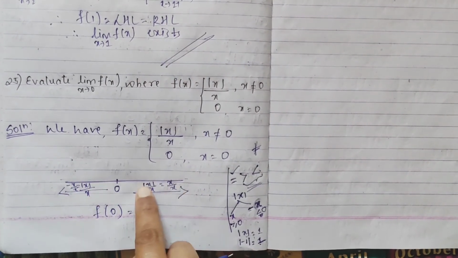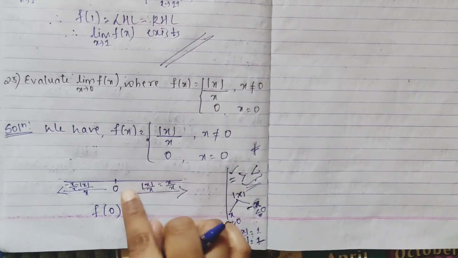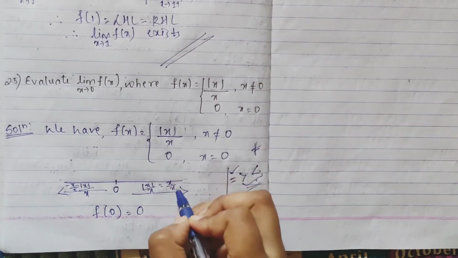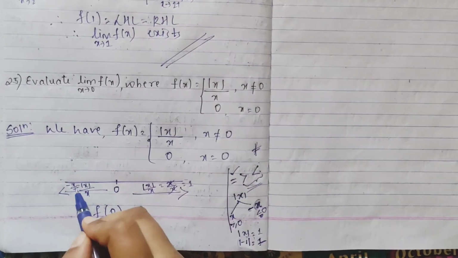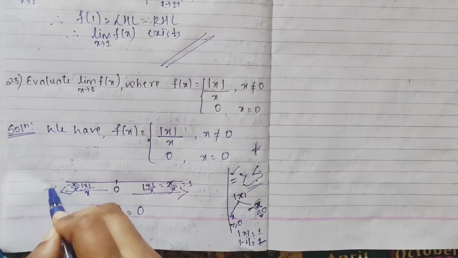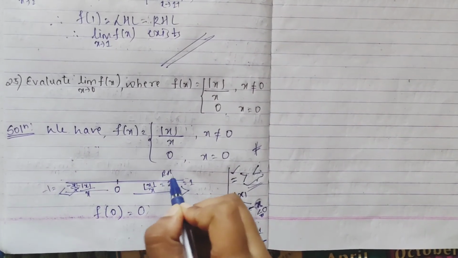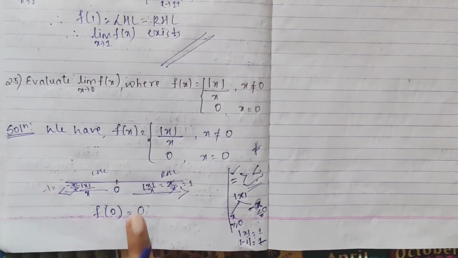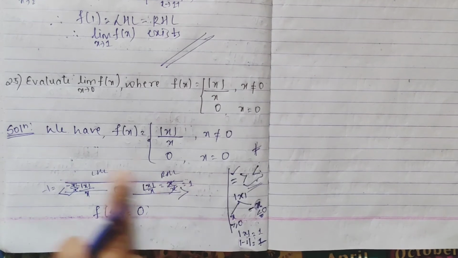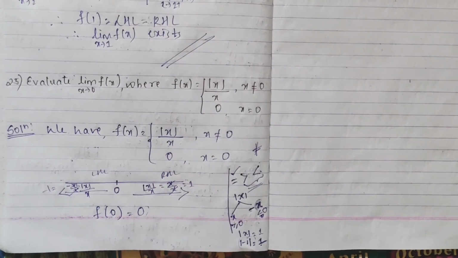But in this also there is a mod. For mod also you should check the right hand side and left hand side. So the right hand side means it will be x by x, so you will get 1 here, and on the left hand side it will be minus x, so you will get minus 1. So at x is equal to 0, this becomes your RHL and this becomes your LHL. Your values are different, so the limit doesn't exist. By considering this only, I showed you the function doesn't exist. But still we will do LHL and RHL.